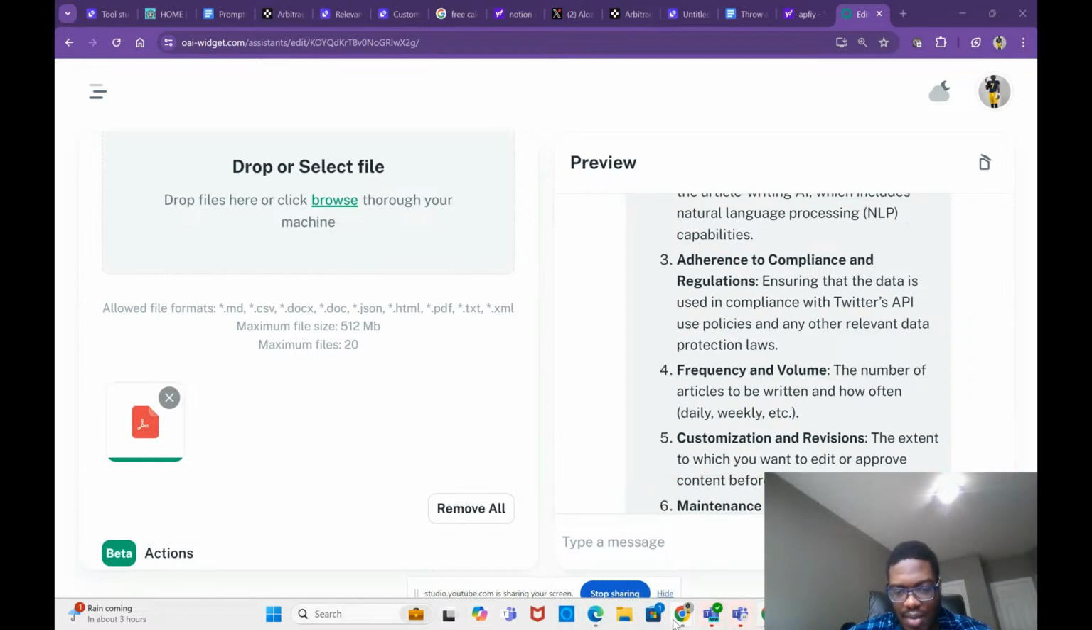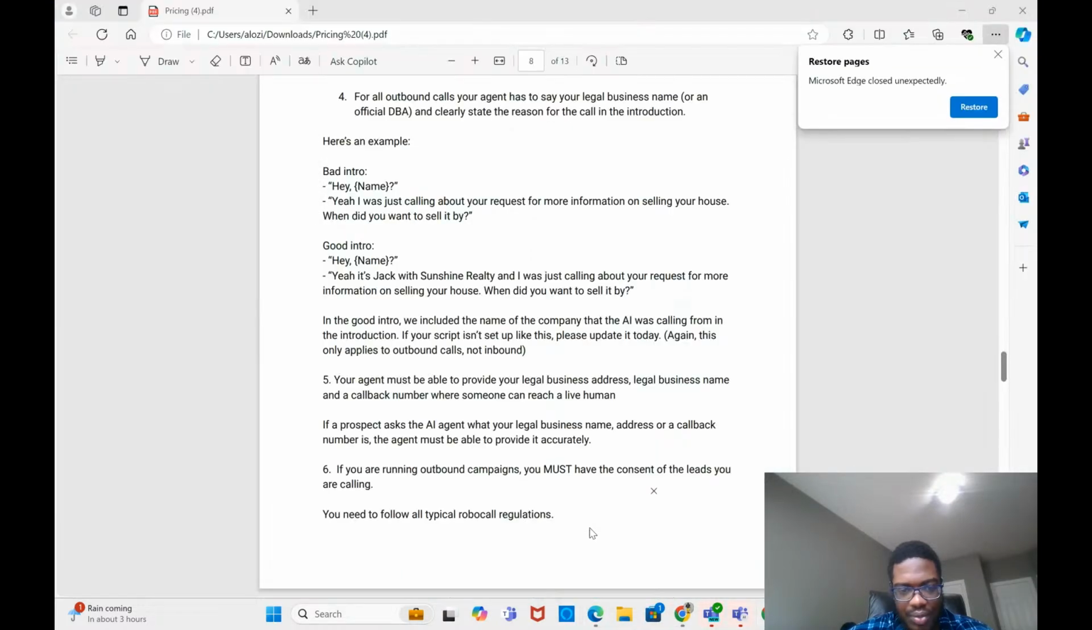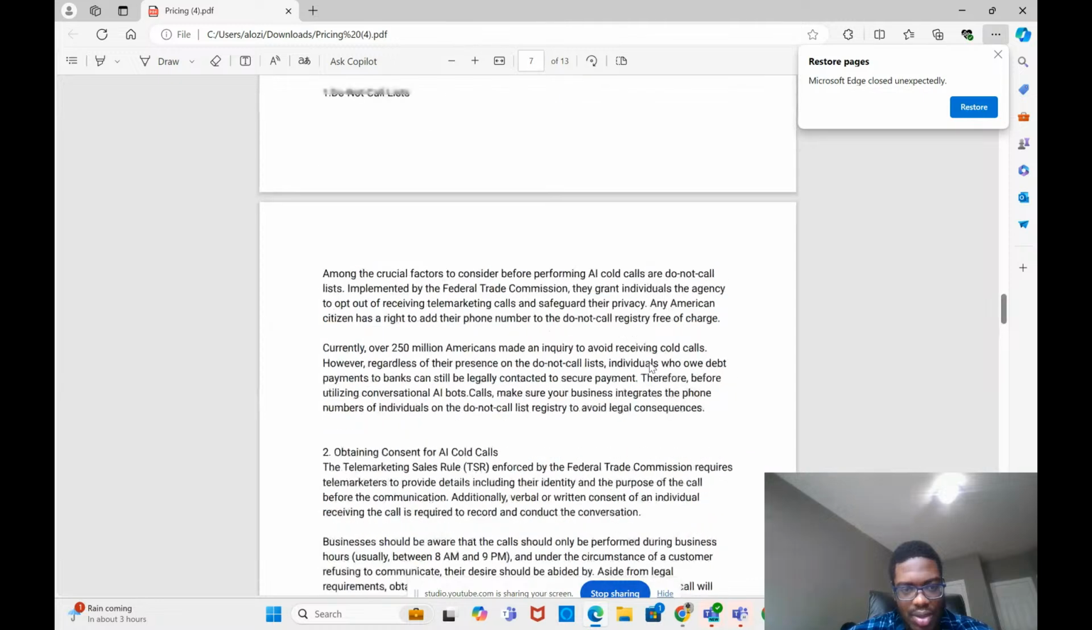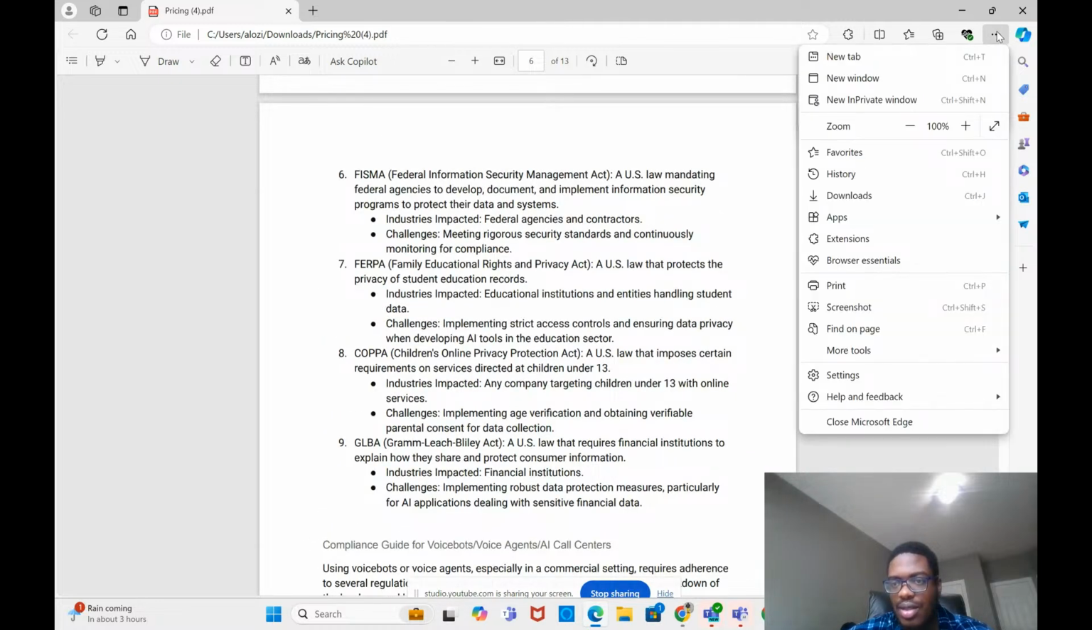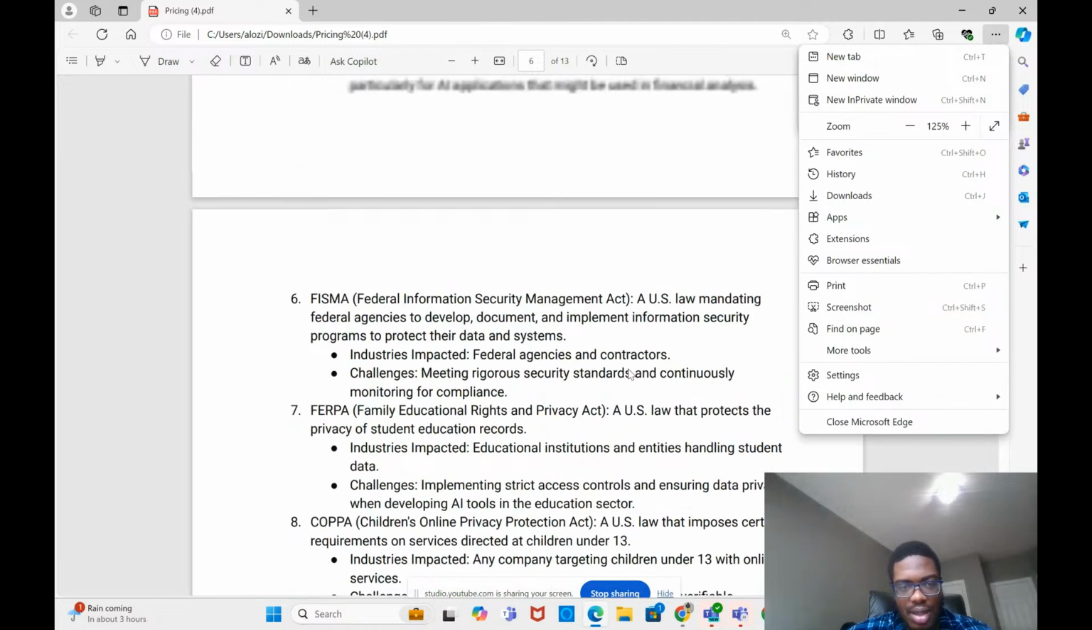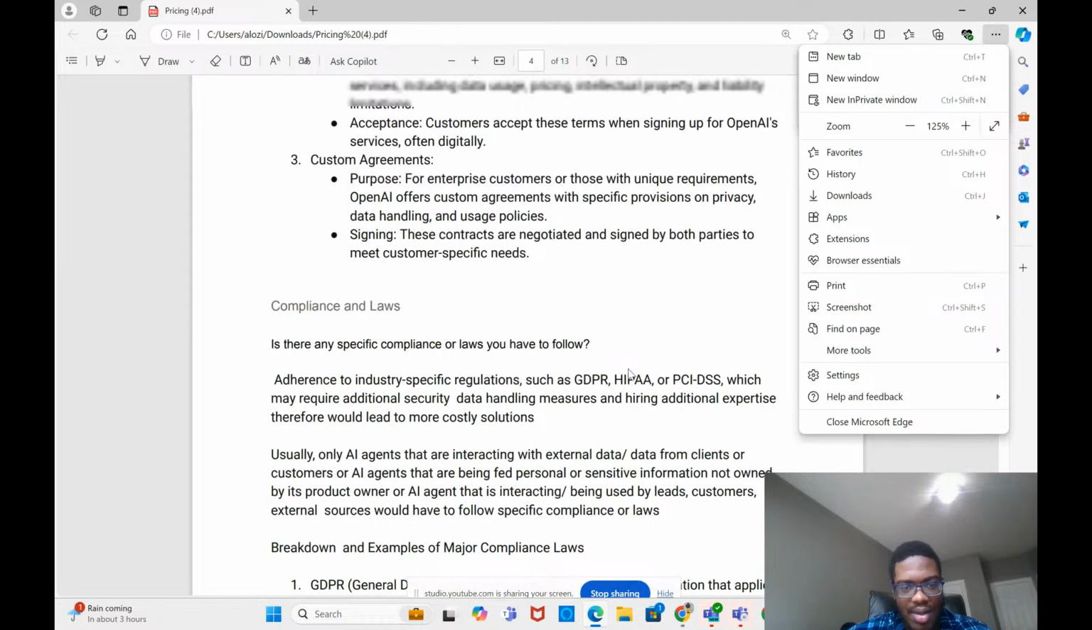Let me see if I can go back to that PDF file, if I can find that. Let me see. Okay, here. So let me show you. Let me zoom in also. I can zoom in. Yeah. So you can see here that my